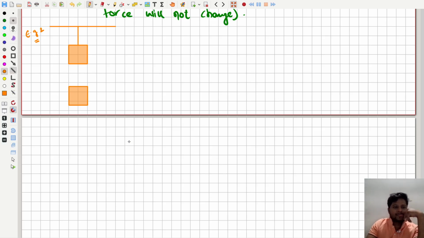So let's suppose the first block is connected with the string and the second block is connected with a spring. Okay. Masses of the block are given, m, spring constant is k. Again, same kind of question they are asking you. Find the